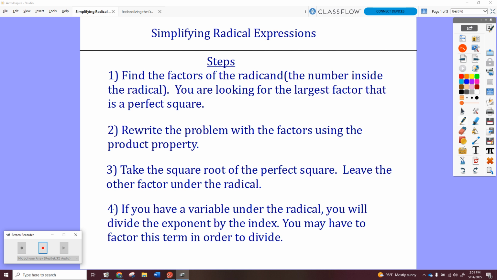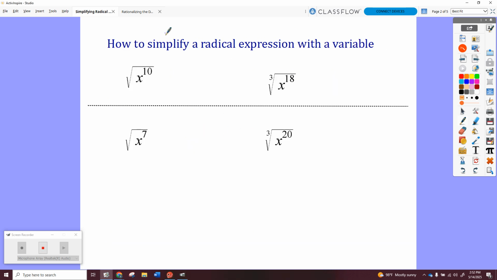So steps 1 through 3, you've probably seen or done before. Step 4 might be new, and I'll show you what that looks like on the next page, and then after that I'll show you how to solve the whole problem. Okay, so right here, when you have a radical expression with a variable, all you do is